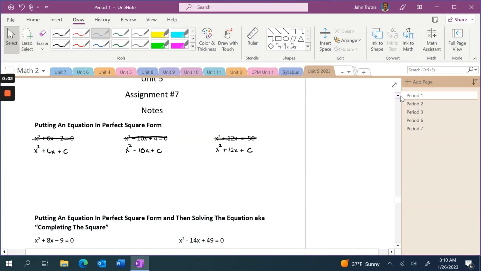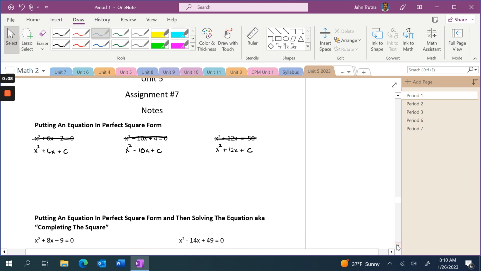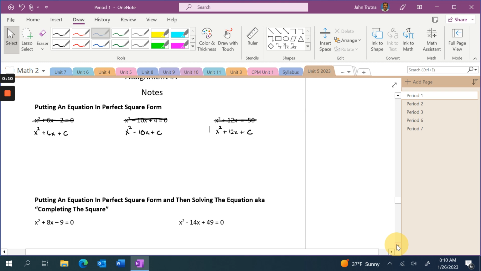Okay, we're on Unit 5, assignment number 7's notes, as you can see. Here's what I need you to do. The first three equations under the category in the notes for putting an equation in perfect square form, cross out the three equations like I have done, and underneath each one of the equations, go ahead and write the equations